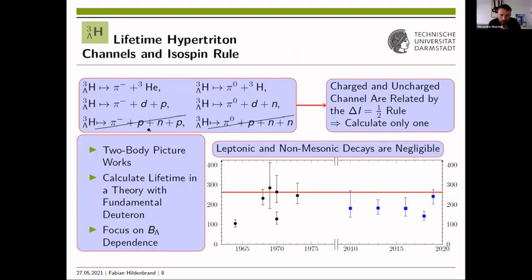Yes. You mean this here? Could you elaborate on this? I already mentioned this old one. First of all, there are phase-based limitations to this one. And the second one, we looked at this old calculation by Kamada et al., and they predicted this to be of the order of below 1% of the free lambda lifetime. And so this contribution is, at least in old calculations, always assumed to be small.